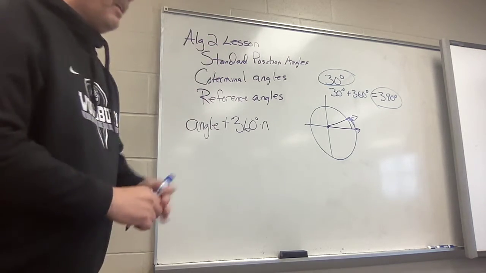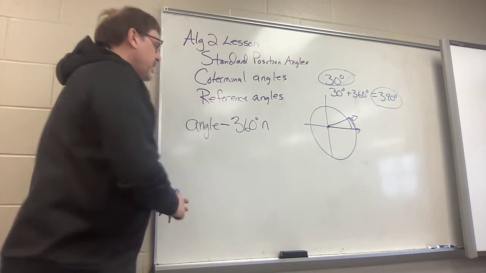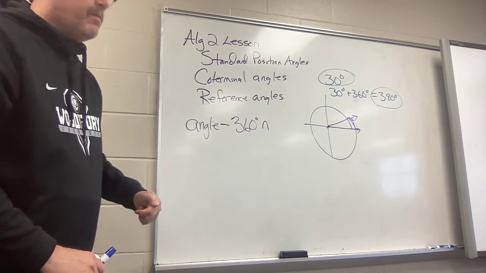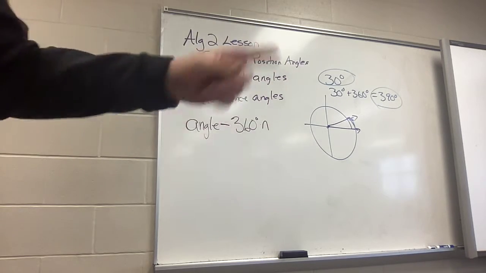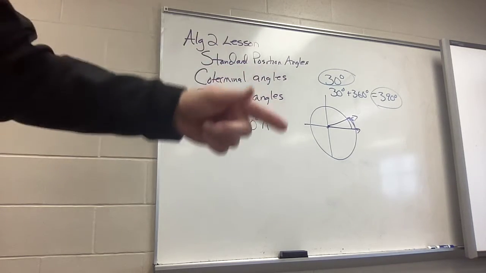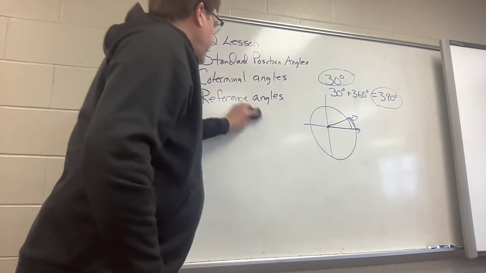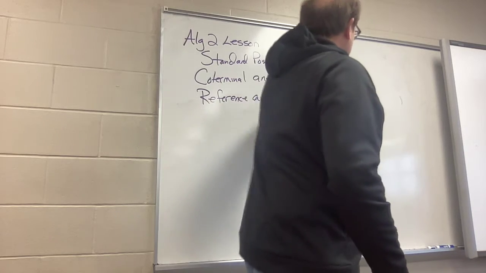You could also go 360 backwards once, or twice, or 3 times. So coterminal angles, take an angle, add 360 or 360s, take away 360 or 360s. And finally, reference angles. What a reference angle is